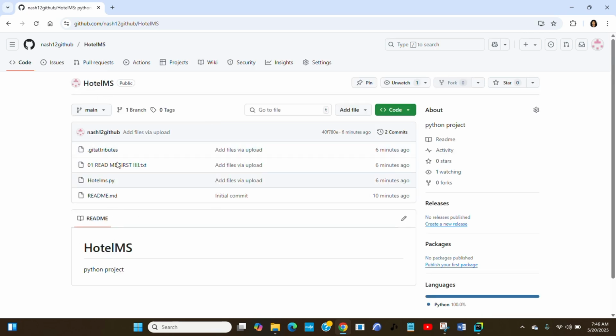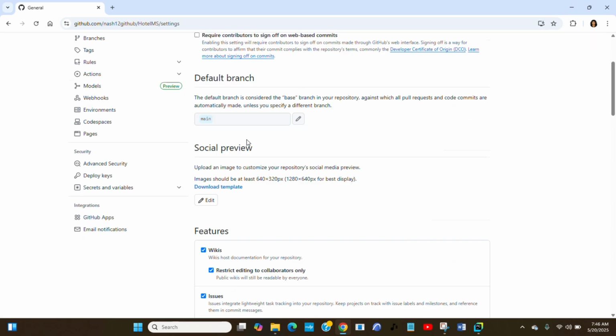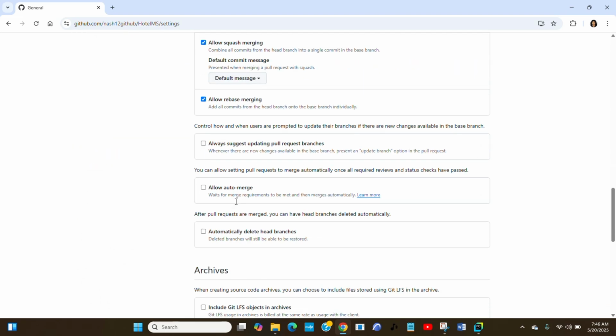The repository is going to open, the particular project, whatever files you have in that repository. Then just go and click on settings. When you click on settings, you're going to see every detail about the project, the name, everything. If you want to rename it or do anything with it, you can. Just scroll all the way down